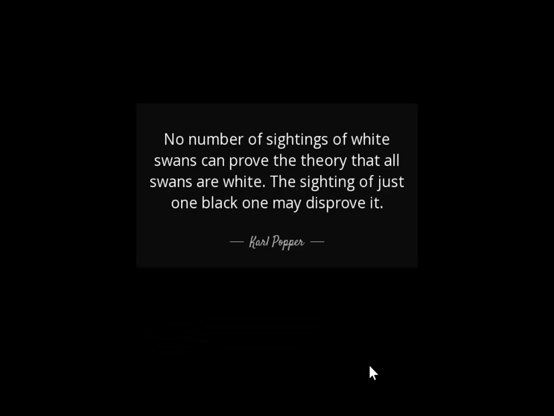So you observe a lot of swans. You can go, I don't know, to the zoo in Dublin, or somewhere else, and you see a lot of white swans, and you come back to me and say, Thomas, I've seen now 1,000 swans, and all of them are white. And now I'm going to make this claim that all swans are white in the world. I would say, no, I don't believe you. Why? Because there could be lots of other ones out there that you haven't seen yet.